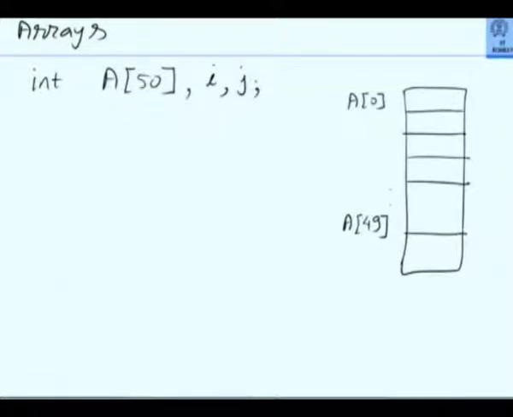The important point is that C++ says that you can also write a j. Whenever you write j, it means whatever is the value of j, you are referring to that element. So if j is 5, you are referring to a5. J is 0, you are referring to a0. J is 49, you are referring to a49. J is 500, what are you referring? Error?